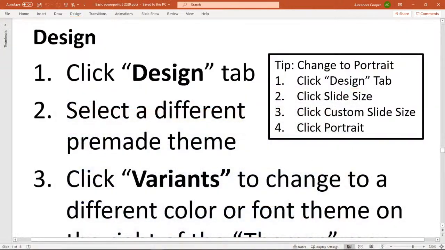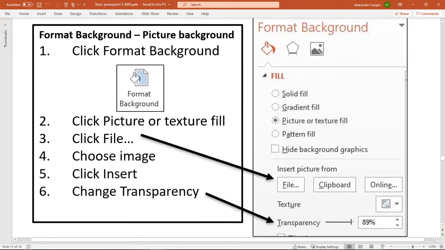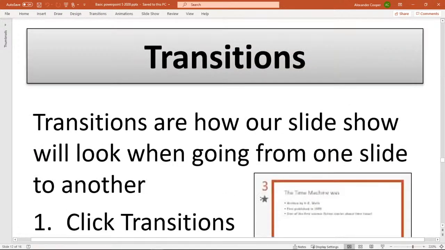Okay, so let's go ahead, and we talked about our design. We talked about our variants there. We also talked about changing the background from using the file or also searching for it online as well. Okay. Transparency is a big one if you're going to use the background because it can be cluttered, or of course you can make the text boxes, the background a light color, or depending on what you want, if you want the font to be light color, make the background a dark color, and then it kind of makes it a little bit easier to read.